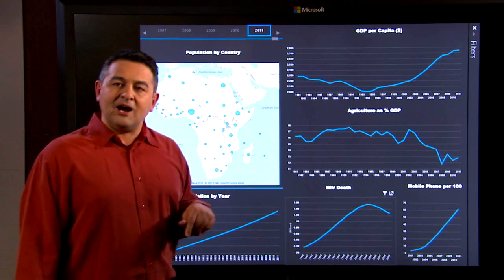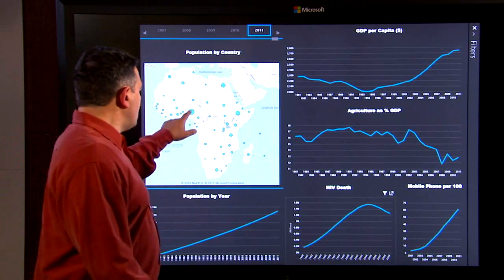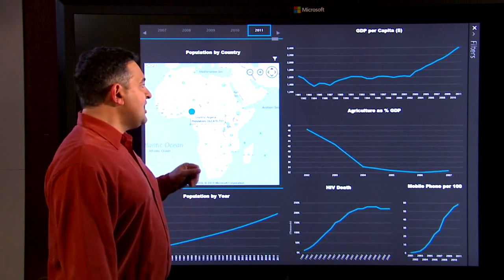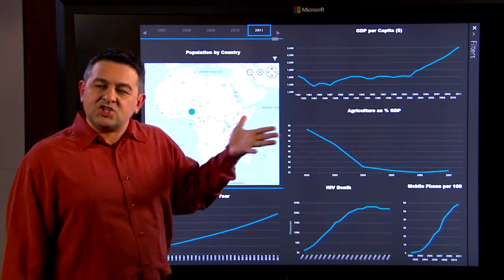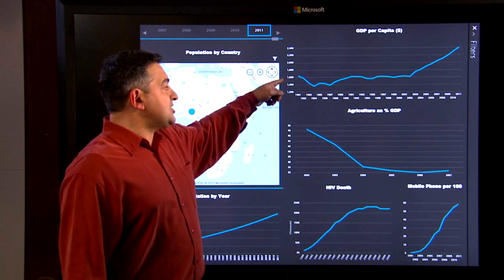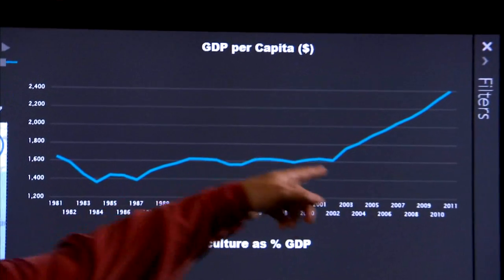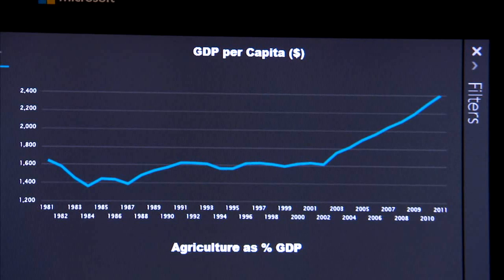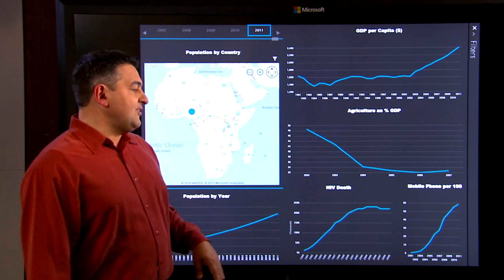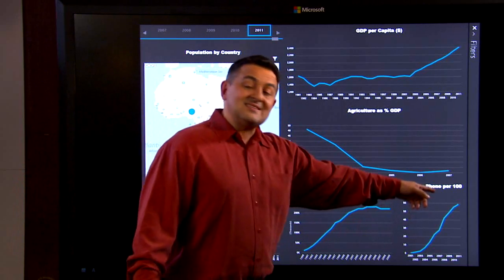But what's amazing with PowerView is that you can explore. We can look at the biggest country, Nigeria. All the charts are going to change and just show us Nigeria. Nigeria follows the pattern of Africa, growing its GDP per capita, which has been flat for over 20 years at $1,600, up to $2,400. We see the HIV deaths going down below 250,000, and there are nearly 60 mobile phones